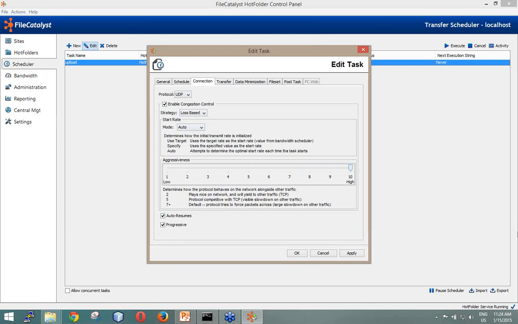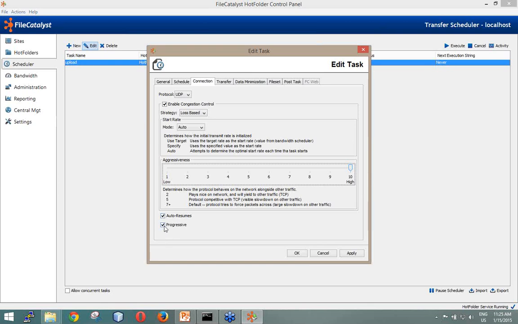But with the slider here, you can adjust how well you want it to play with other TCP traffic on your network. If you set it to 2, FileCatalyst will behave more like a regular TCP application. If you set it to 10, it will be more like a UDP accelerator and take up more bandwidth. But even at 10, our goal is still not to kill your other TCP connections.